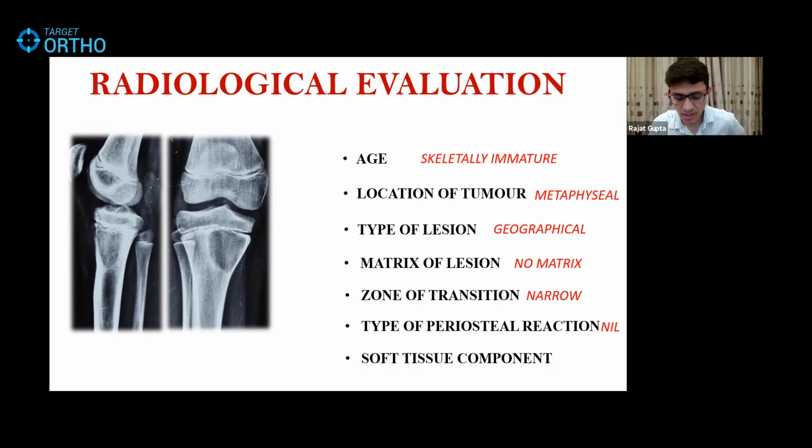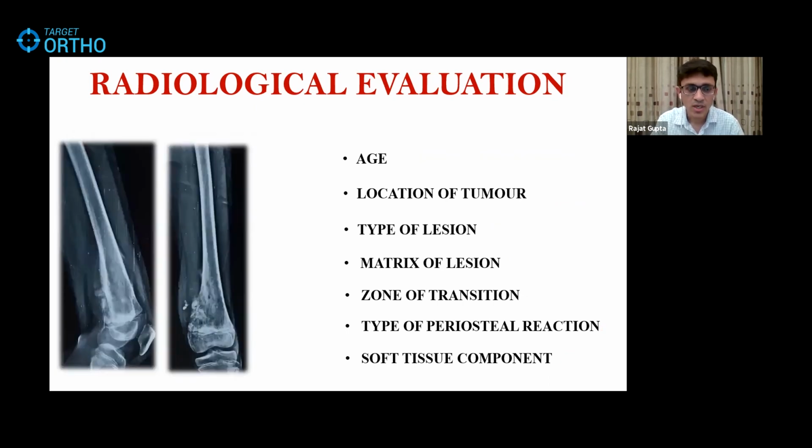Just to add to this, what's the closest differential of aneurysmal bone cyst? Any malignancy which looks almost similar to aneurysmal bone cyst? Yes, sir. GCT. No, it's telangiectatic osteosarcoma. I'm saying the malignancy, I'm not saying the benign tumor. So telangiectatic osteosarcoma also has fluid levels on MRI like we see on ABC. So that thing we must keep in mind. Anyways, this was an X-ray of an ABC, as rightly pointed out by Dr. Paul. So another one.